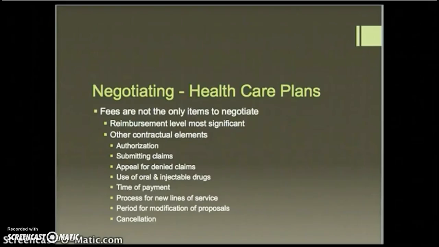And then finally, fees are not the only items to negotiate. Reimbursement is the most significant area of a contract. Procedural requirements can be erroneous and even deal breakers. So it's important that you look at all contractual elements, and these areas of practice include authorization process for treatment, period specified for submitting claims, a period allowed to appeal a denied claim, requirements regarding use of oral or injectable drugs, time specified for timely payment and interest paid for a late payment,